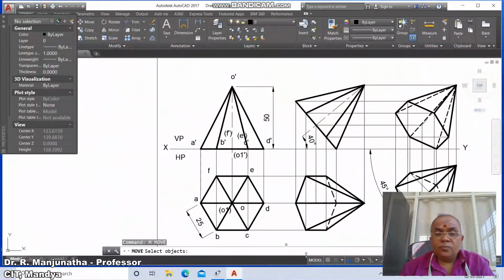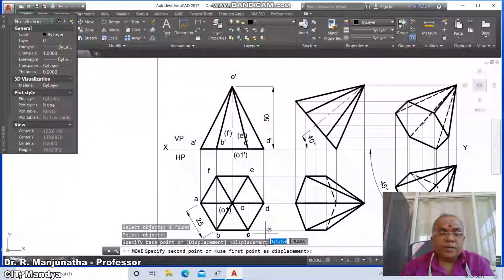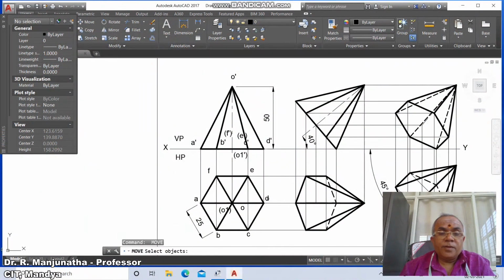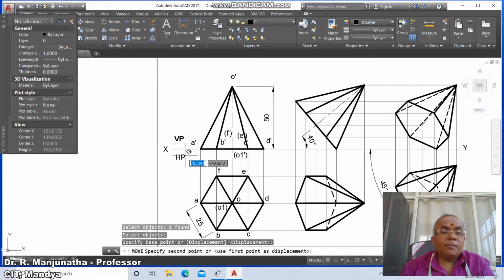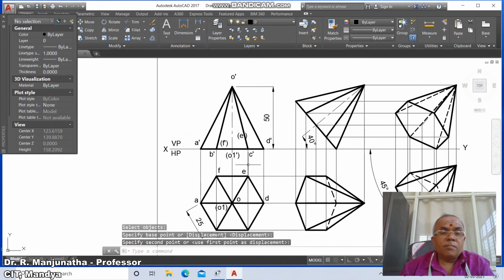then go to zoom window, take it near to the screen and then go to mode, switch off the ortho mode and here you type B, then you take C and you take D, you take E, you take F, you type A, you type O, you type O1 and you type X, you type VP, you type HP, you type A dash, you take B dash, you take F dash, you take O1 dash, you type C dash, you take E dash,